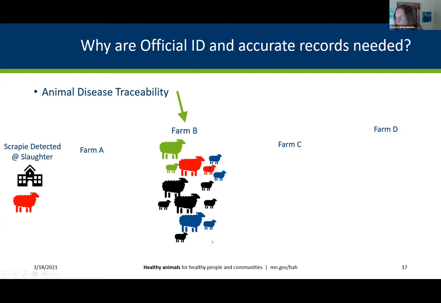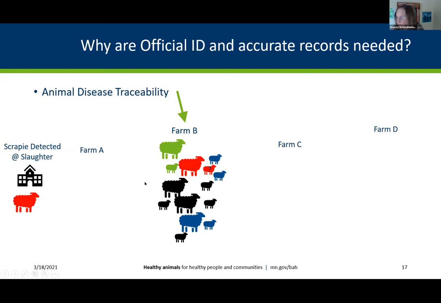So the next step in an investigation to trace this animal and disease is going to be to visit farm B. What we find out here is that the producer was not sure whether or not the ewe lambed in the last season. So we have kind of a question mark on her lamb. But because there's no evidence to prove that she did not lamb, we are going to work on the assumption that she did, because we need to be better safe than sorry.